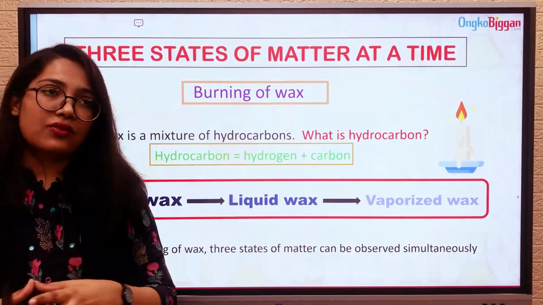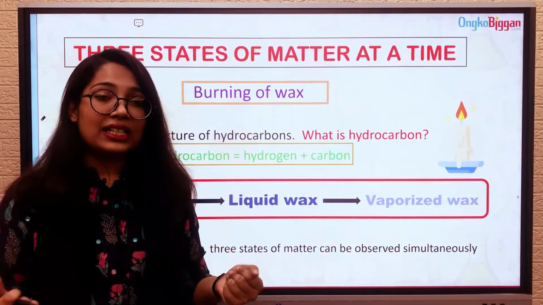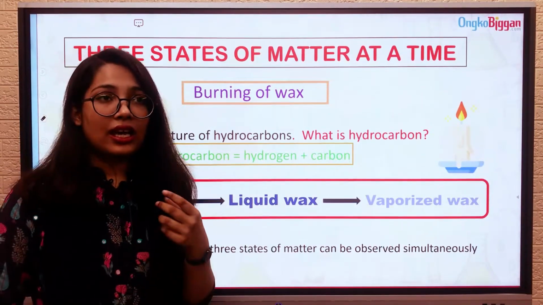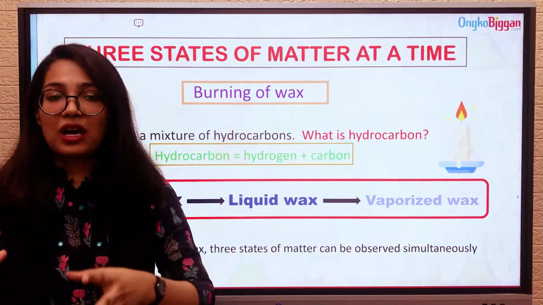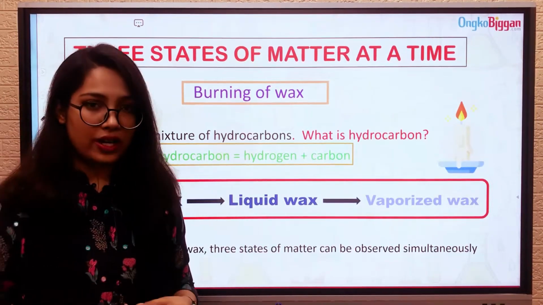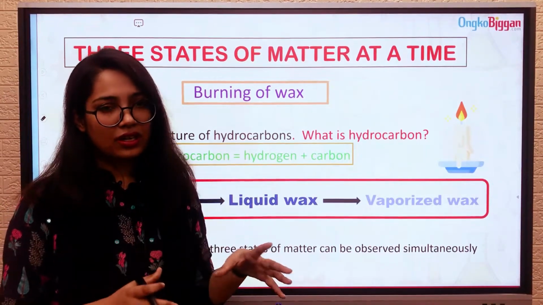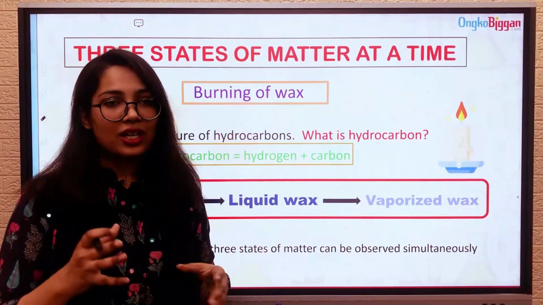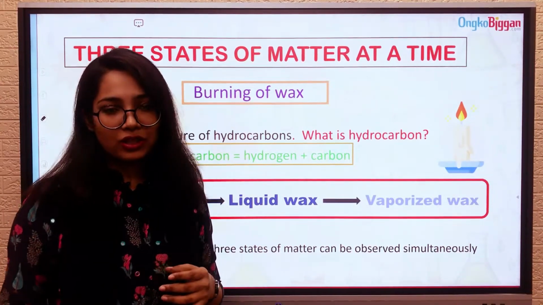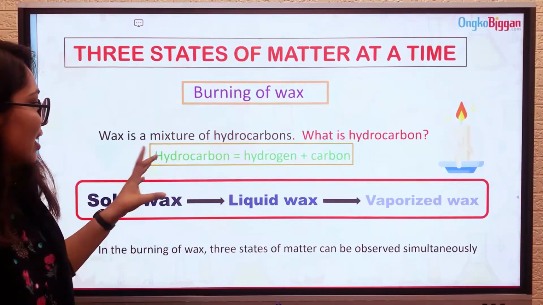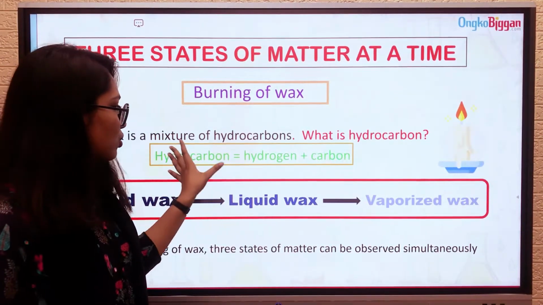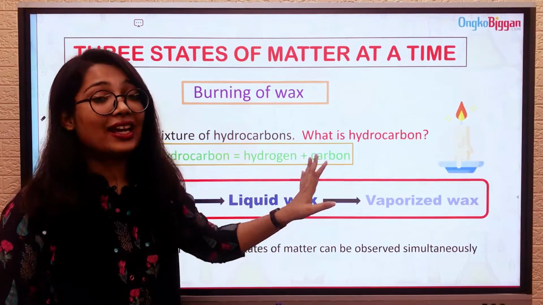Say, for example, alcohol, alkene, alkyne, alkane. These are all in the family of hydrocarbons. They are called hydrocarbons. That's a different kind of topic. We have that chapter in your textbook, in your curriculum, and we're going to discuss it further. That's all you need to know: hydrocarbon is basically hydrogen and carbon.